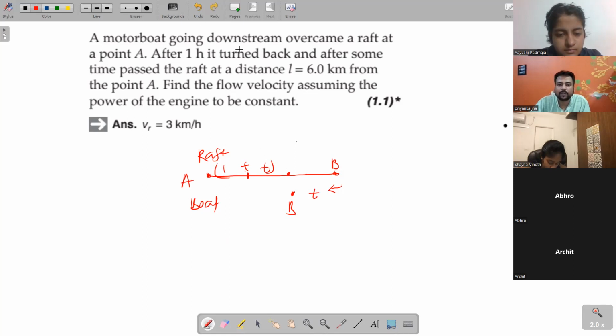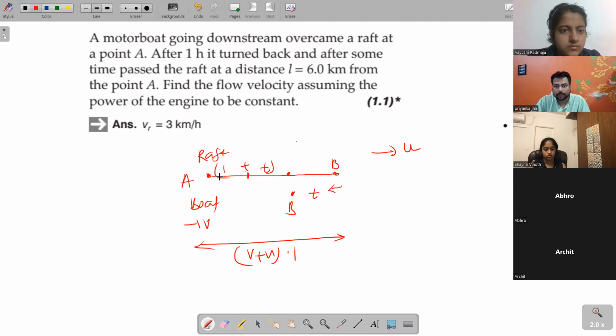तो ये डिस्टेंस कितना हुआ राफ्ट के कारण? मान लो राफ्ट यानी रिवर की वेलोसिटी u है, और मोटर बोट की वेलोसिटी v है। मोटर बोट जब रिवर के फ्लो में जाएगा तो डाउन स्ट्रीम हो गया, तो बोट का स्पीड बढ़ जाएगा, v + u हो जाएगा। तो v + u स्पीड से 1 आवर में ये मोटर बोट कितना चलेगा? (v + u) × 1। तो ये पूरा डिस्टेंस AB क्या हुआ? स्पीड इंटू टाइम।